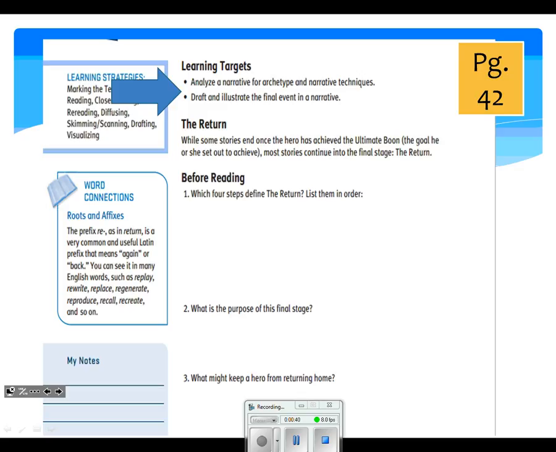So we've got two major focus points of activity 1A. First, you're going to be analyzing a specific archetype. And we know that we're looking at the hero's journey archetype. You're really going to be focusing on the final stage, which is called the return. And the second practice of this activity, you're going to be drafting the final event or the final steps of